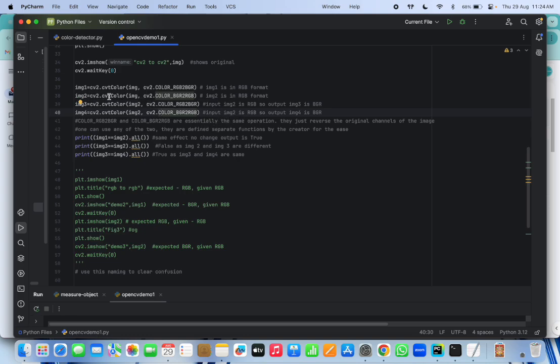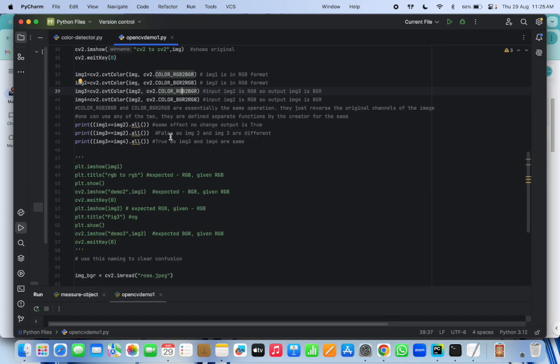So here this IMG2 is in RGB, and if I want to convert it again to BGR, I can just use this function again. Any of these functions will be okay. So why do we have these two functions when the same function is doing the same thing? There's no difference in these two functions as such. We have them just to make it easier. Otherwise we can use either of them, but normally, once we know that the original image is BGR, we will use BGR to RGB, or if we know that the original image is RGB, I'll use RGB to BGR, right?